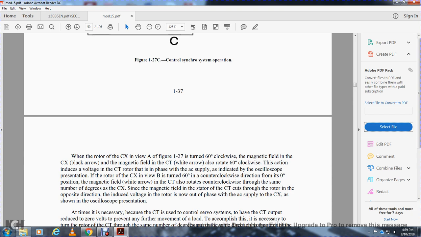And due to the voltage control transformer, the AC supply with the indicator on the oscilloscope presents the control transformer turned 60 degrees counterclockwise from the 0 degree position. The magnetic field of the control transformer